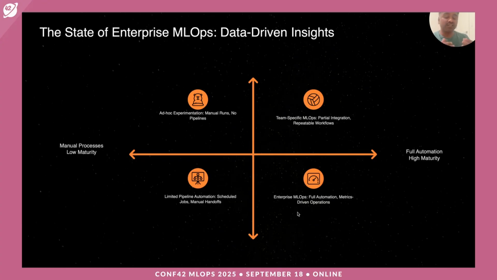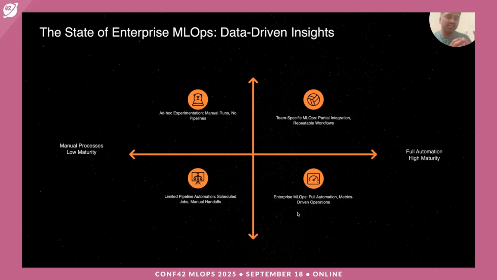The other aspect is there could be minimal automation, limited pipeline automation for scheduled jobs, maybe small cron jobs or stuff like that. But that's about it. Mostly manual and low maturity. If you look at the other spectrum, high maturity MLOps systems, there are team-specific MLOps systems. Every team or every company has a lot of its own internal tools for how we package, deploy, and test the models. All those constructs are relatively different in terms of how companies adopt such methodologies.